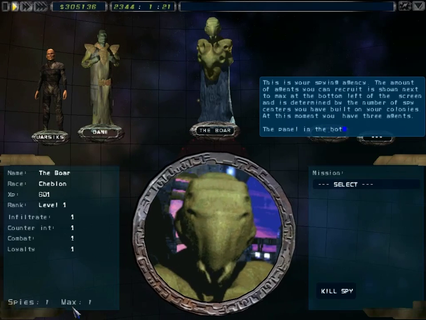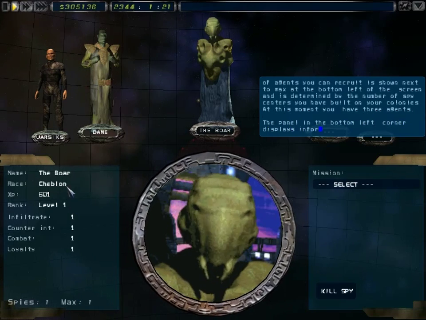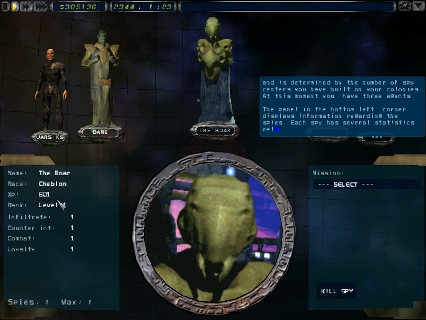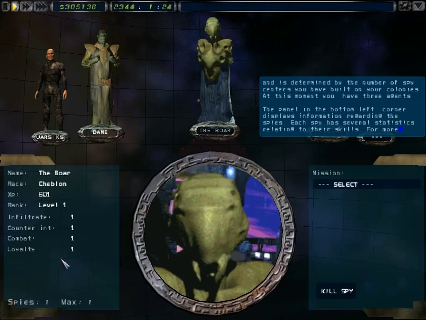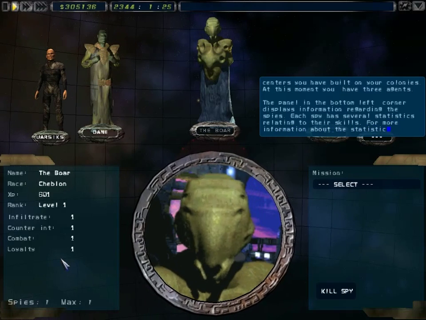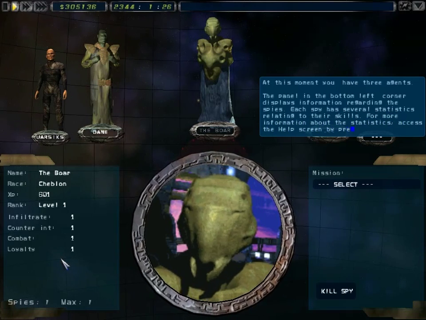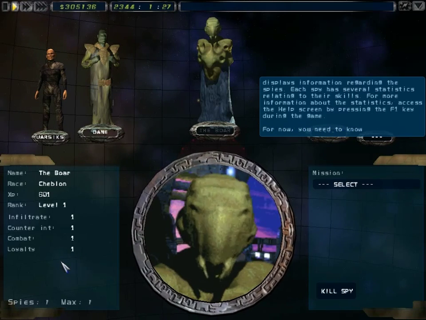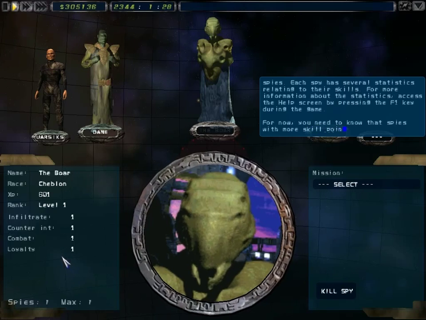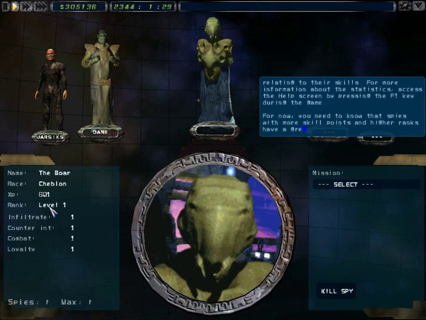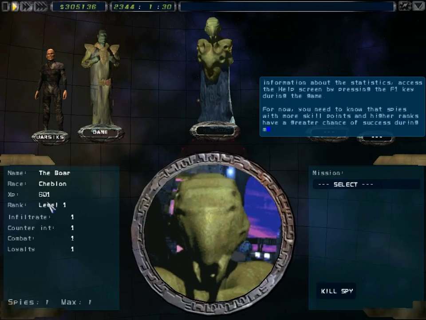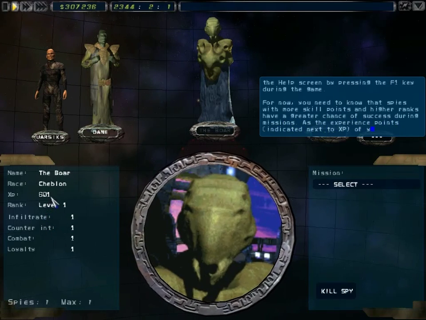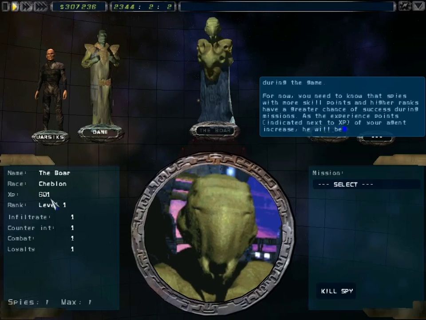The panel in the bottom left corner displays information regarding the spies. Each spy has several statistics relating to their skills. For more information about the statistics, access the help screen by pressing the F1 key during the game. For now, you need to know that spies with more skill points and higher ranks have a greater chance of success during missions. As the experience points, indicated next to XP, of your agent increase, he will be able to